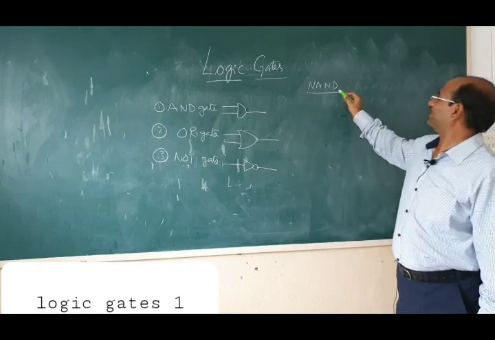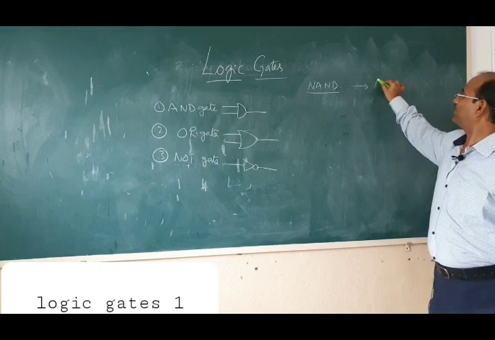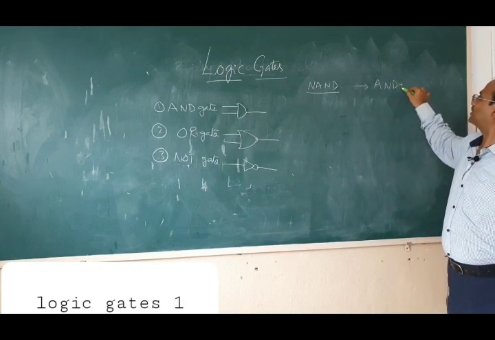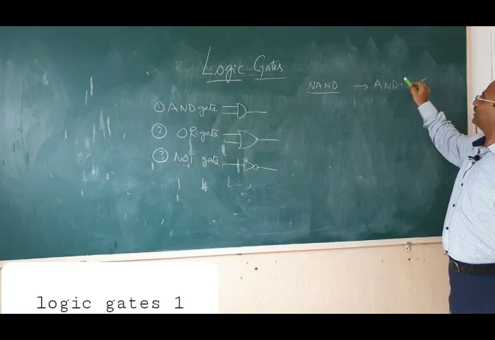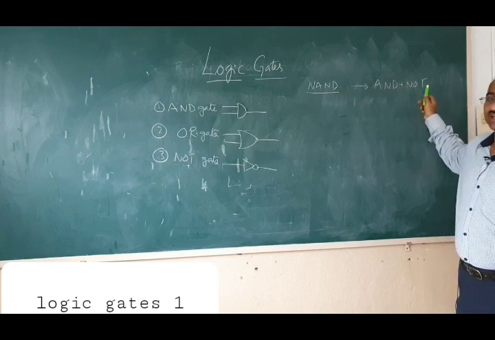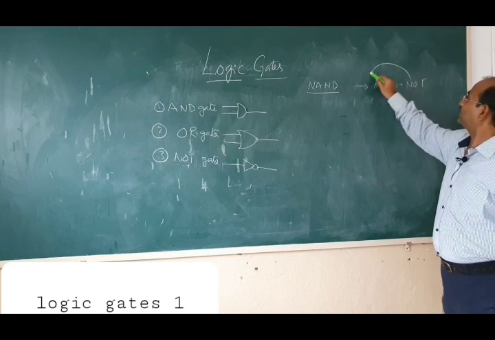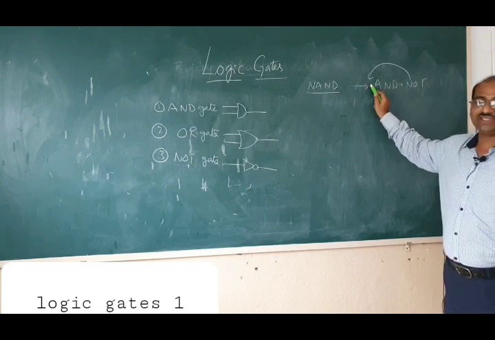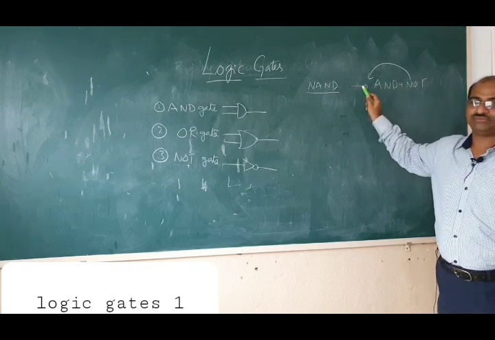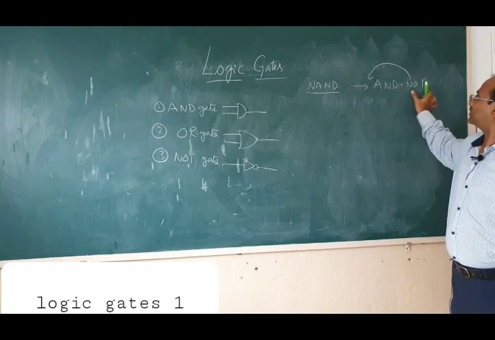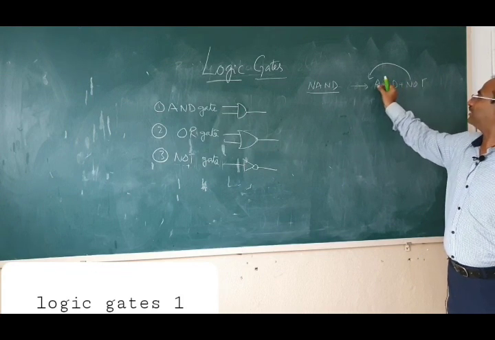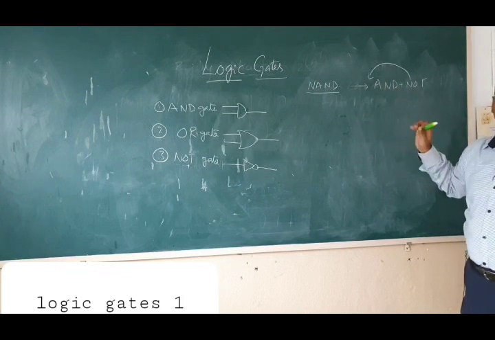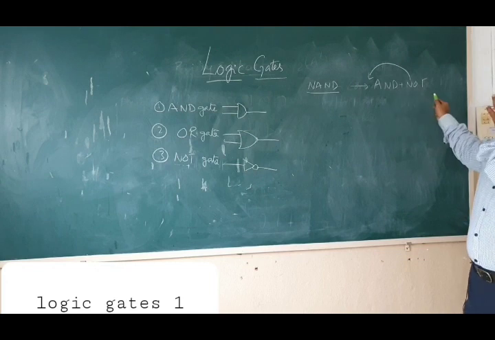First we will see the NAND gate. The NAND gate is a combination of AND gate plus NOT gate. NAND is AND plus NOT, not NOT plus AND, but this N we take and put in front and call it NAND. While pronouncing AND plus NOT, we bring this N to the front, so don't think of it as NOT plus AND. Okay, so AND plus NOT.